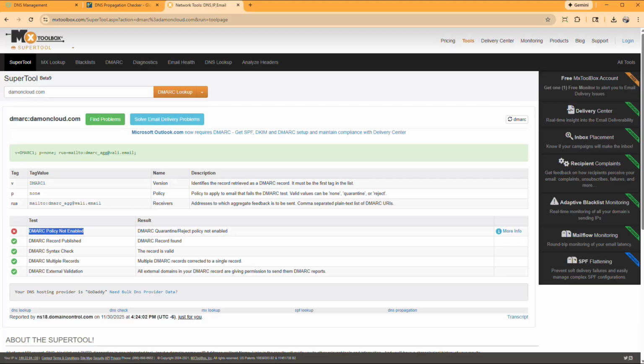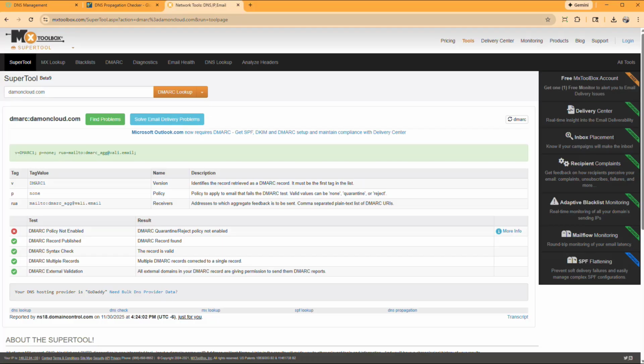I just said none on the DMARC policy because I want to eliminate the issue that we might have mail flow problems if I specify that the receiving server should accept my policy of quarantine or reject, and there's some issue there. So I can ignore that, but it tells us that yes, we've got a DMARC record published, syntax checks out,